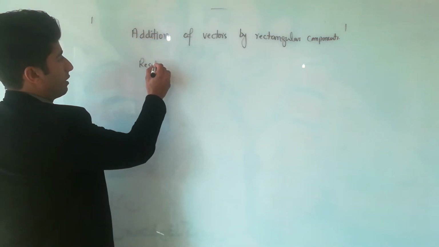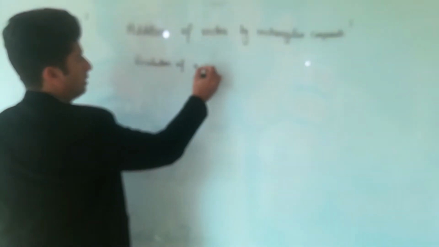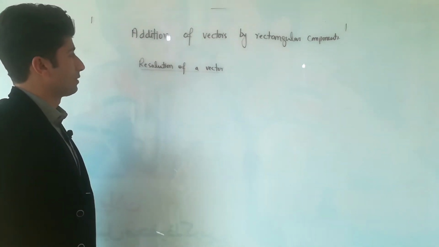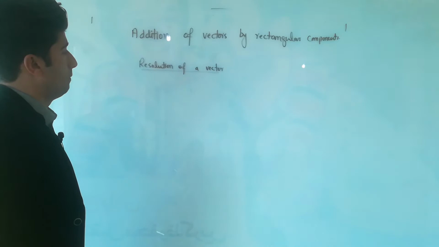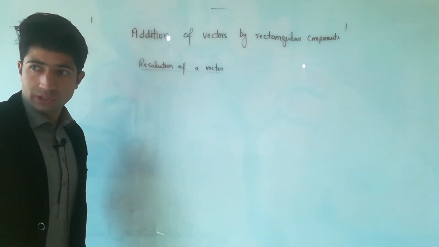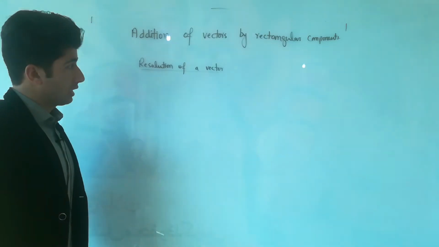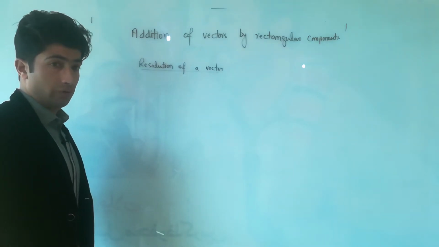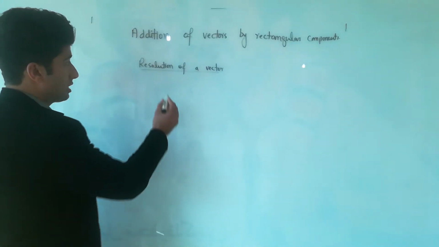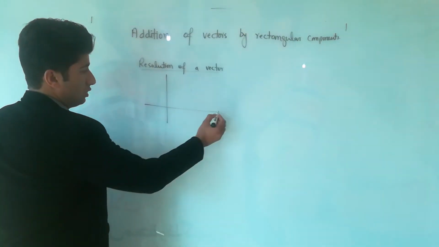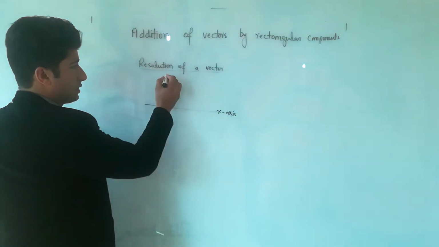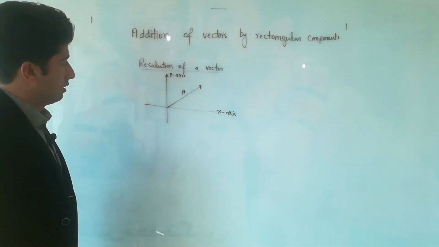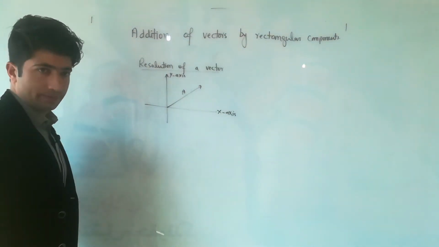रिजोल्यूशन ऑफ वेक्टर्स क्या है। रिजोल्यूशन ऑफ वेक्टर के बारे में मैंने आपको बताया था कि it is a process of splitting of vector into its components. जब हम एक वेक्टर को उसके कंपोनेंट्स में स्प्लिट करें तो इसे हम क्या कहते हैं, रिजोल्यूशन ऑफ वेक्टर। When we split a vector into its components, just like in two dimensional, one is x axis and one is y axis। अगर ये एक वेक्टर A है,